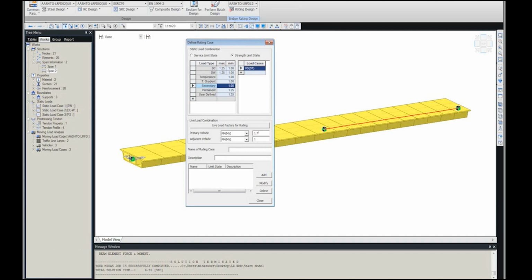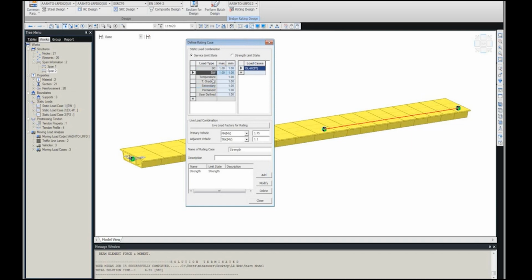We can give 1.75, and then for the adjacent vehicle, we can go with the truck and 1.1. And the name, I call it strength